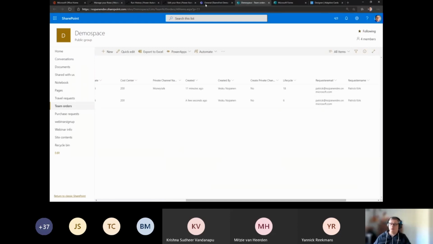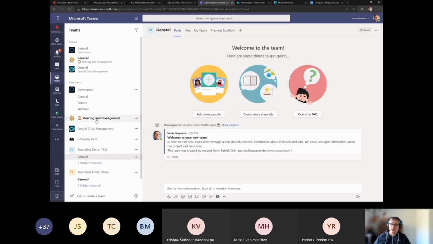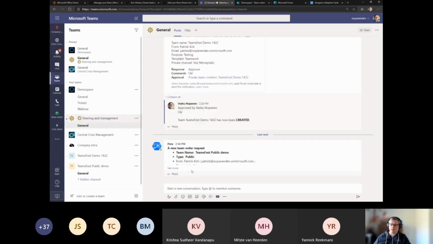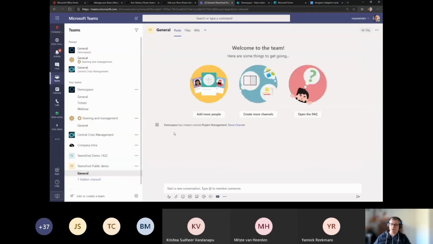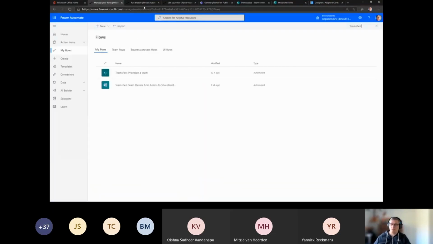And now we are not requesting any approval because it's a public team. We just post the information about this team with the link to the order information and who requested that, and have the information for the admin team. So they know people are creating this. And we are doing the same process here. We still have the wiki because we are not at the end yet, and we are creating a different template. Of course, we want to see